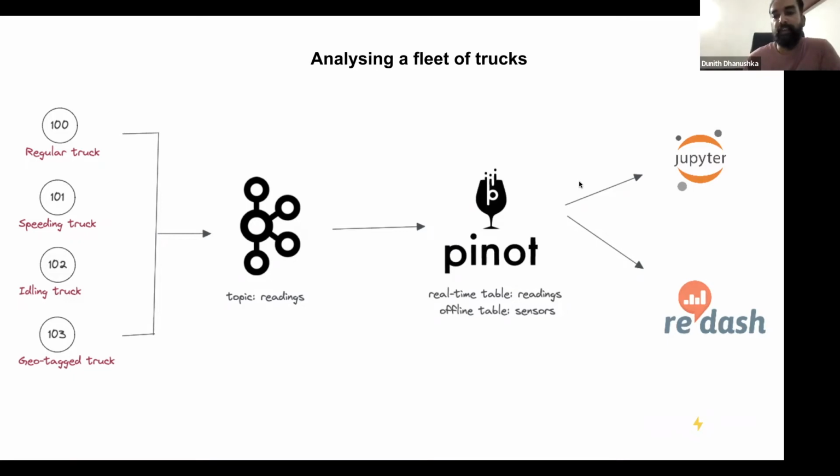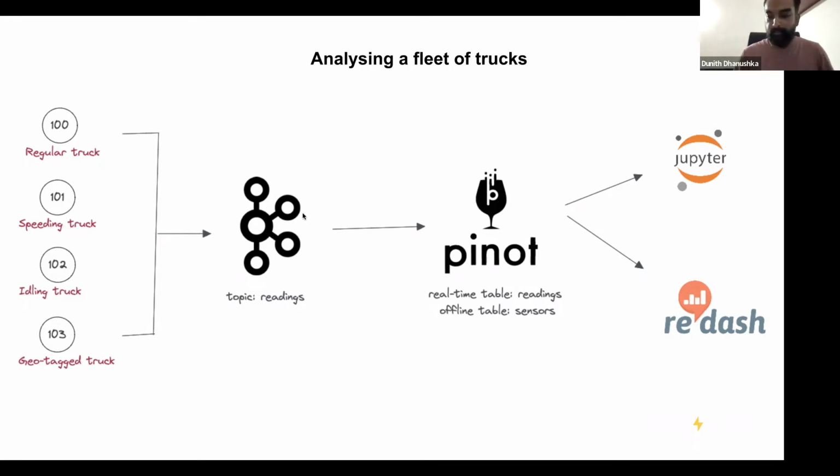Also, we have the consumption side, the consumers of this analytics. We'll be writing a couple of queries to analyze different use cases. This data can be analyzed with the built-in Apache Pinot query console, and then we'll look at how this can be done with an open source BI data visualization tool called Redash. And then finally, we'll connect a Jupyter notebook to Pinot through its Python driver so that we can perform exploratory analysis on the historical data.